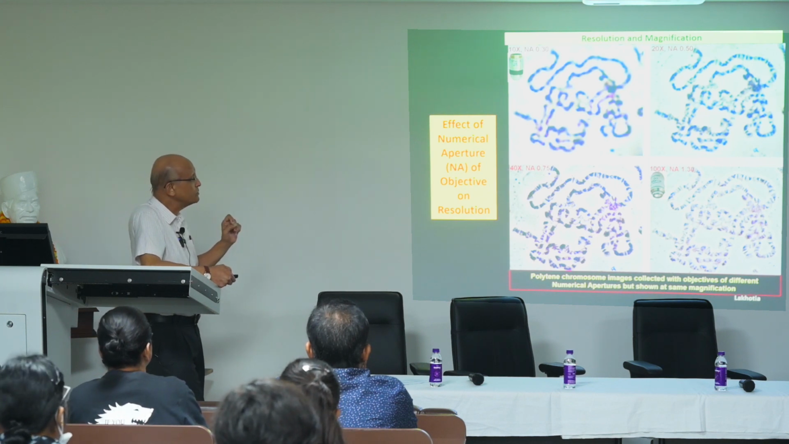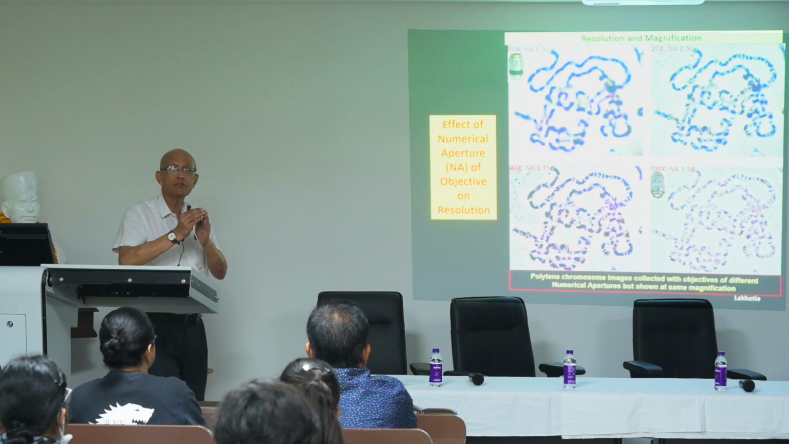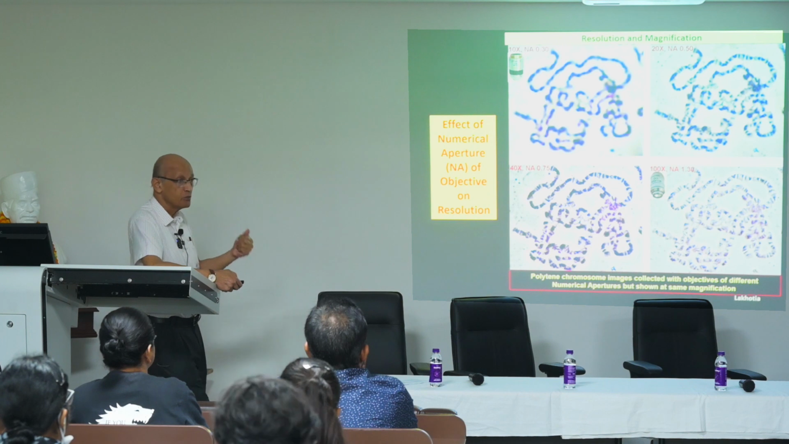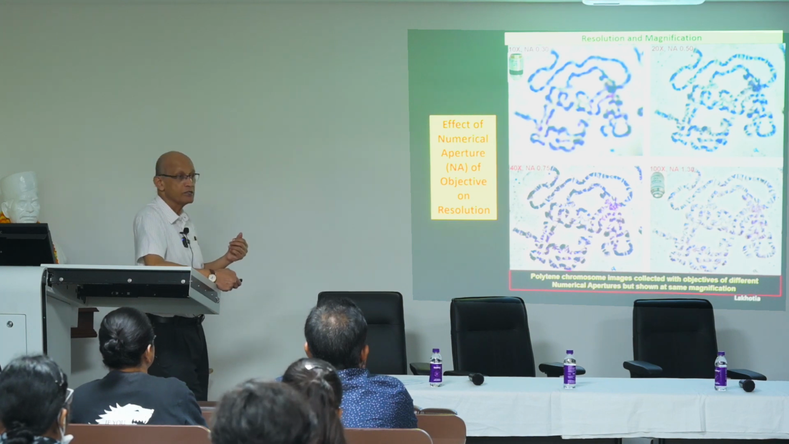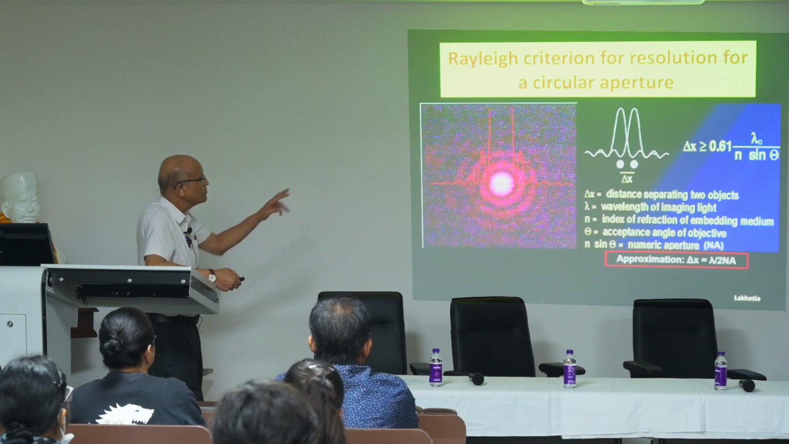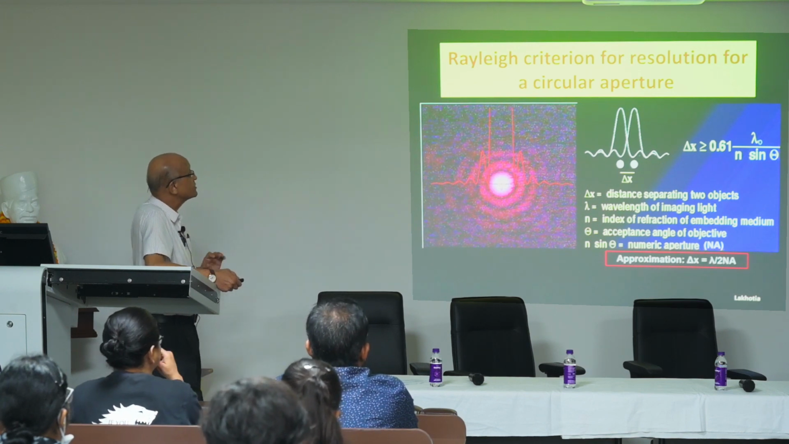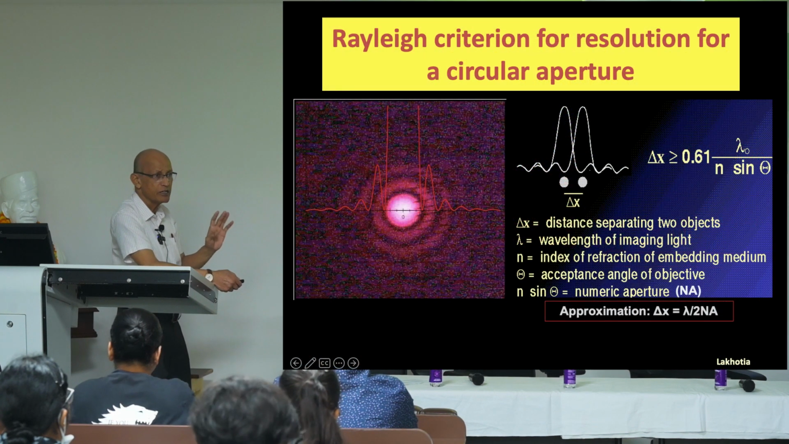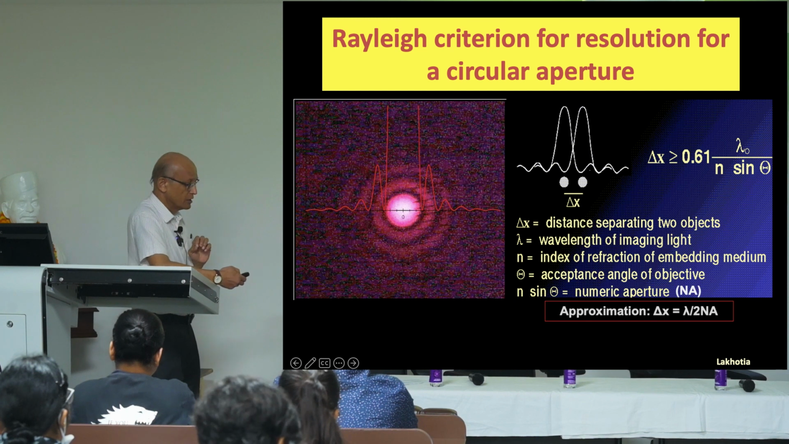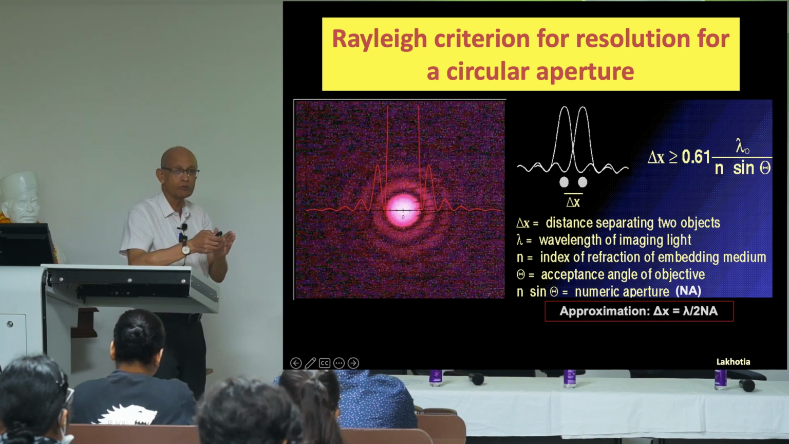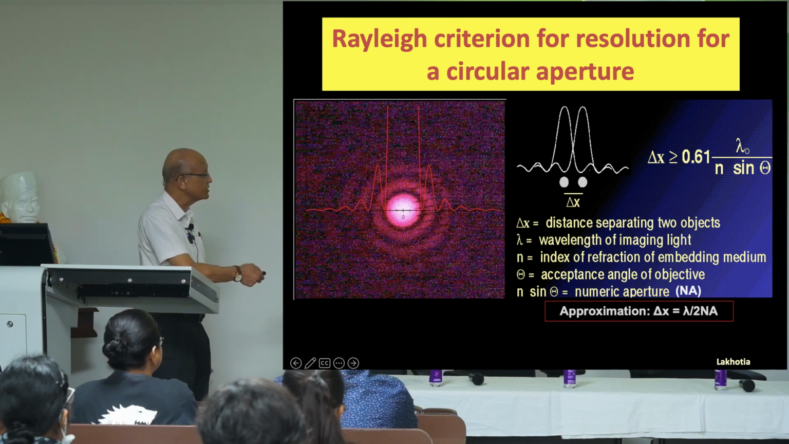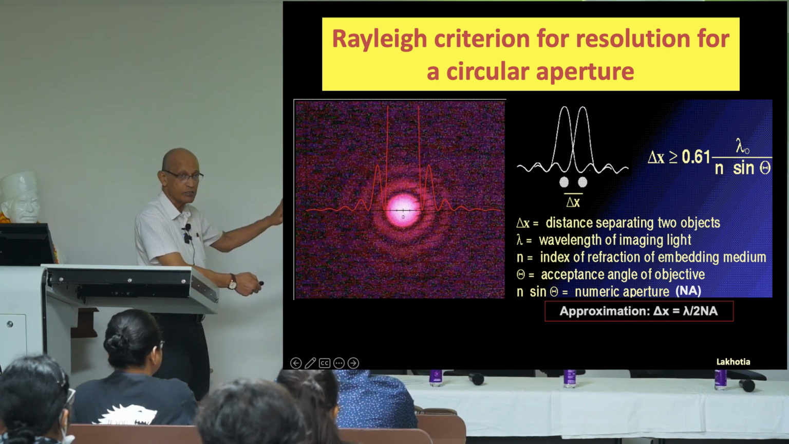Resolution means the minimum distance between objects at which you can resolve them clearly and separately. And that limit becomes smaller as we increase the numerical aperture. We calculate this by the formula given by Rayleigh almost 150 years ago. Delta x is the minimal distance between two objects, for example, these two. What should be the minimal distance? That's delta x, which equals a constant 0.61 times